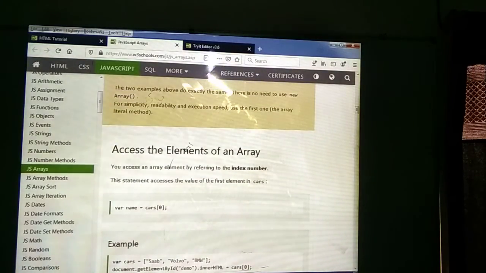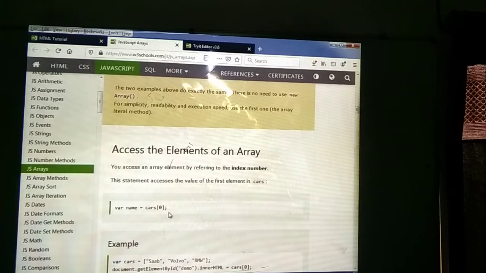Accessing the array, accessing the elements of an array. How to access? Whenever we are going to be storing the list of items, how will the memory be allocated? It should be stored starting with 0 and size minus 1 we are going to be using. By using this formula we are going to be accessing, we are going to be storing.